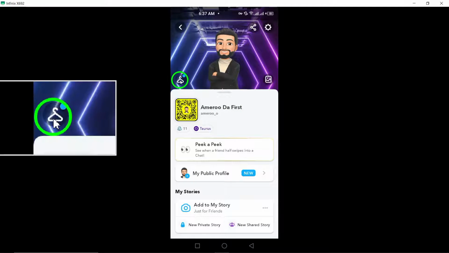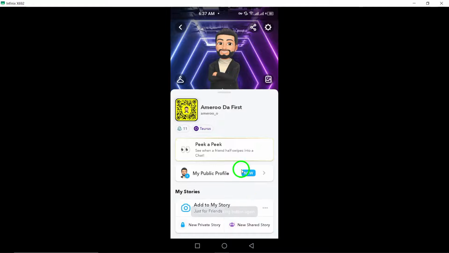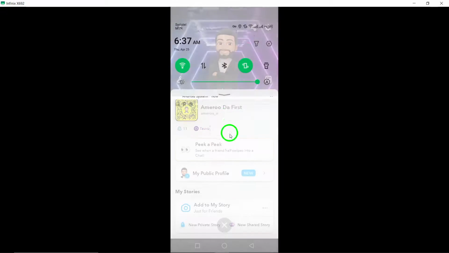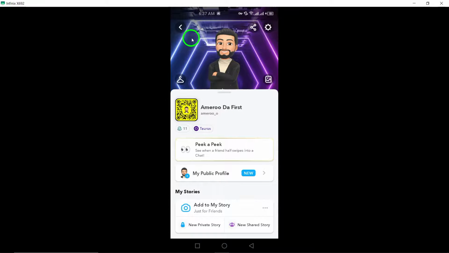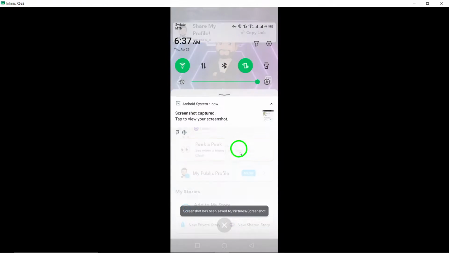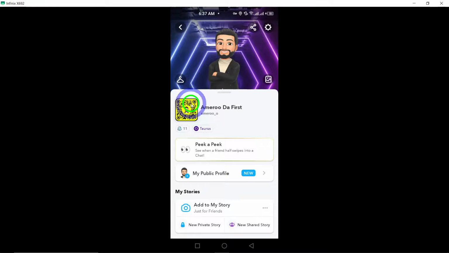Choose All Contacts to explore individuals from your phone's contact list who are also using Snapchat. This enables you to easily find and connect with people you know. Once access is granted to your contacts, you'll be presented with a list of contacts who are on Snapchat. To add them as friends, simply tap on the plus add button next to the contacts you wish to connect